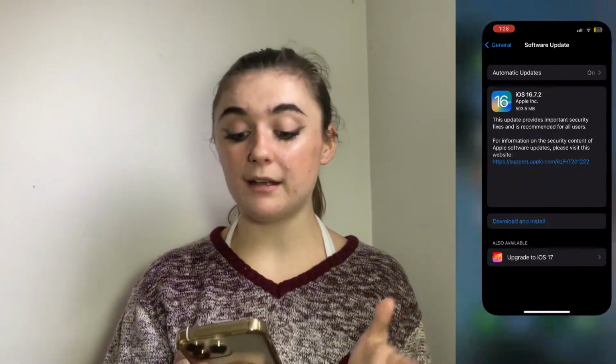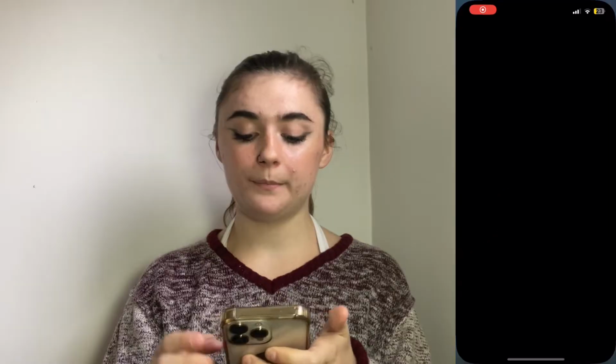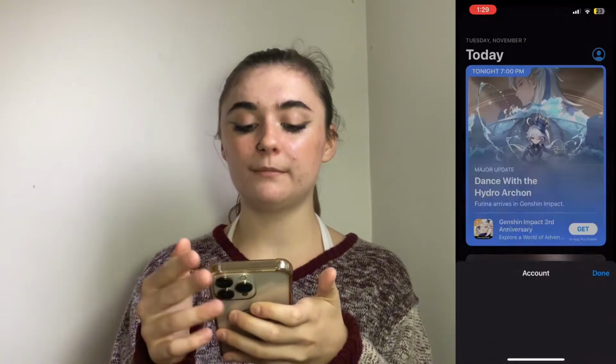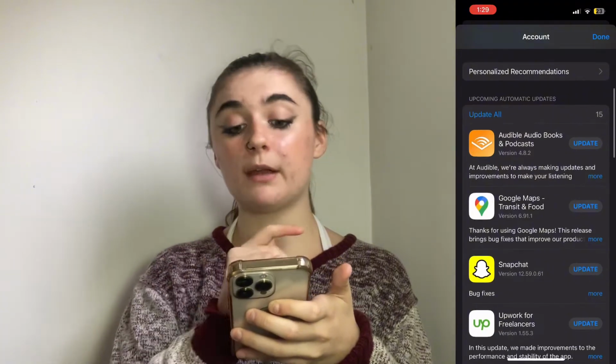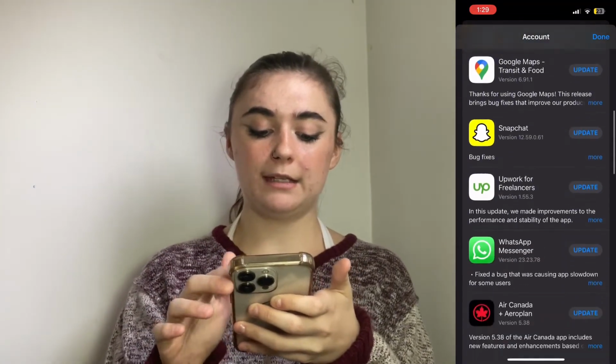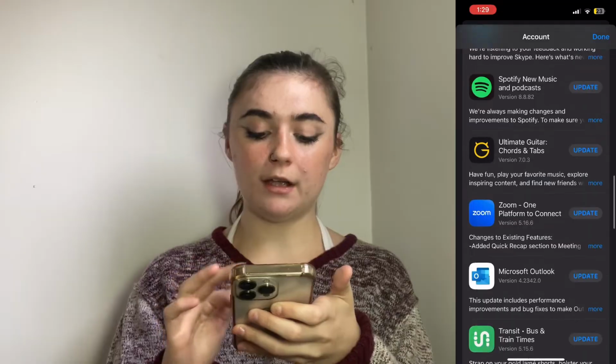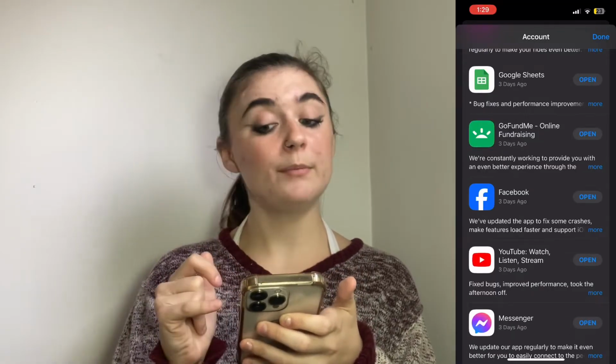So to do that, you're going to go into your app store. You're going to click on your icon in the top right and scroll down to the upcoming automatic updates. And if you find Facebook in any of these options, you'll have the option to either update it or just open it. The next thing to try would be to restart your phone, and depending on what phone model you have, it could vary, but on the iPhone that I have,